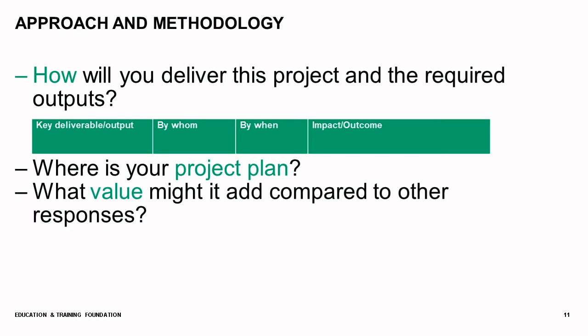But it's surprising, even though we put the table in, people aren't often clear about their approach and the methodology that they're using. This is the place that if you've got a clear project plan, this is where it should be. What are you doing, when are you doing it, and at what stage, what milestones have you got within that project plan? And think about it in terms of how it's being scored in terms of other tender responses.